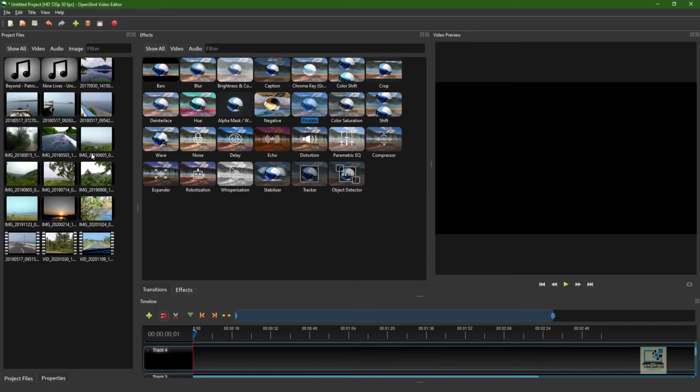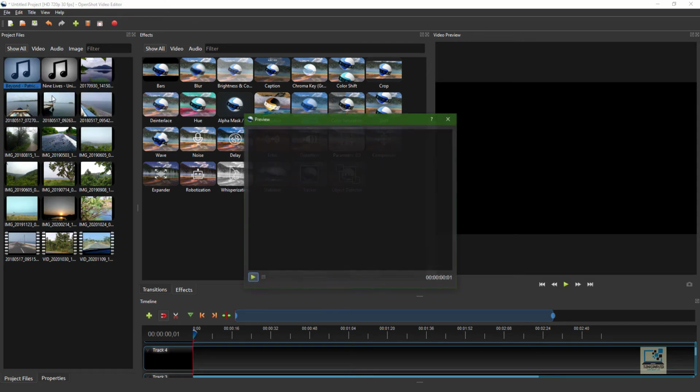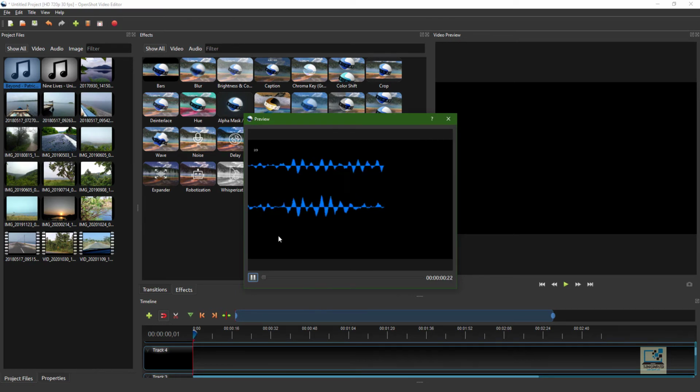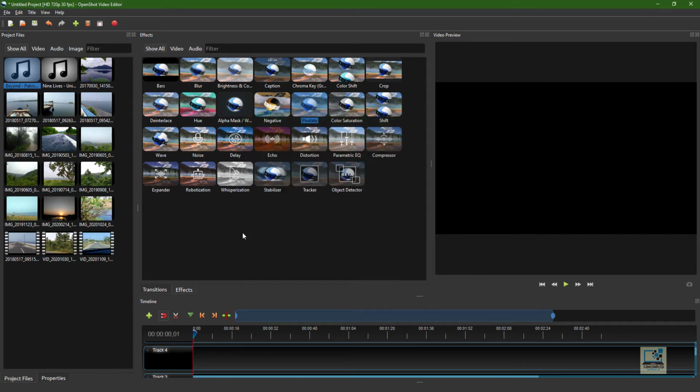Now as you import any file to your project, if you want to preview that file, you can right click on that file and click on the preview option. So this way you can check what you have imported in the project, if that is the file you require or not. Same with the images, and same with the video files, you can preview. You can even split any clip from here, or if you want you can remove it also.